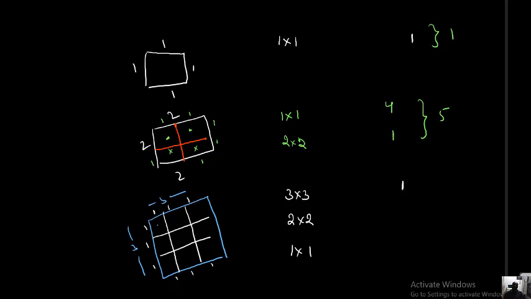First of all I will say 1 by 1. How many 1 by 1s? 1, 2, 3, 4, 5, 6, 7, 8, 9. 1 by 1 squares are 9. Now I want to count 2 by 2. Here, students, this is one such 2 by 2 square. This is another 2 by 2 square. So 1, 2. This is another, 3. This is another 2 by 2 square. Totally 4. So 2 by 2 squares are 4.